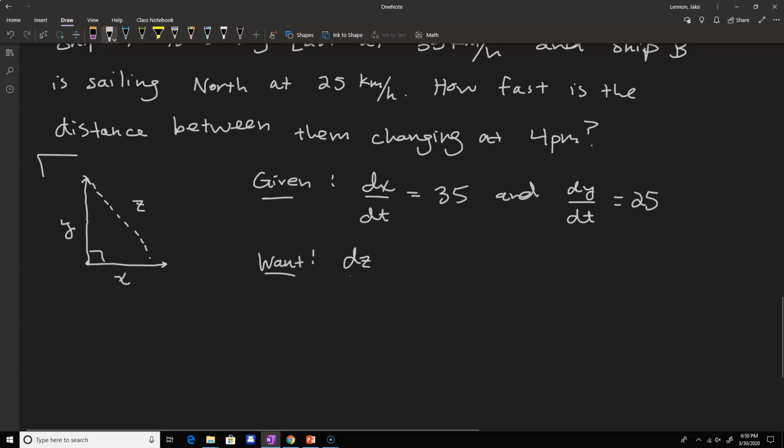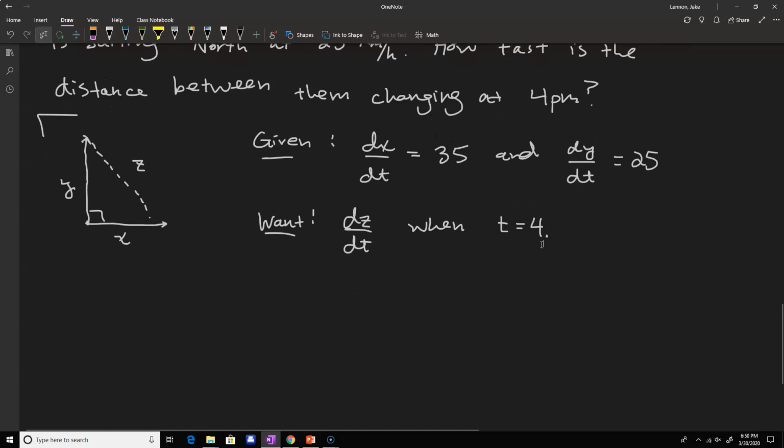So we want to know what dz/dt looks like when time is 4 hours, because we're 4 hours later. So one of the things we want to figure out is what those x, y, and z values are at 4 p.m. So at 4 p.m., we know x is going to be